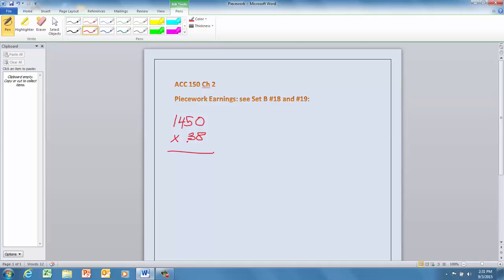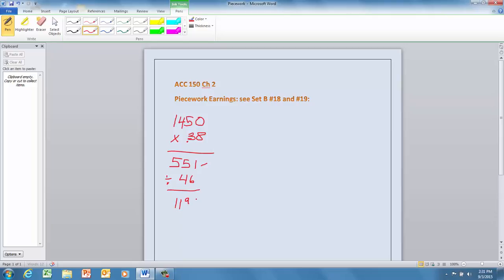So that's $551. Now, we need to see how much that is on an hourly basis. So we're going to divide. He got $551 and he worked 46 hours to get that $551. So we're going to divide the $551 by the 46 hours, and we get $11.98